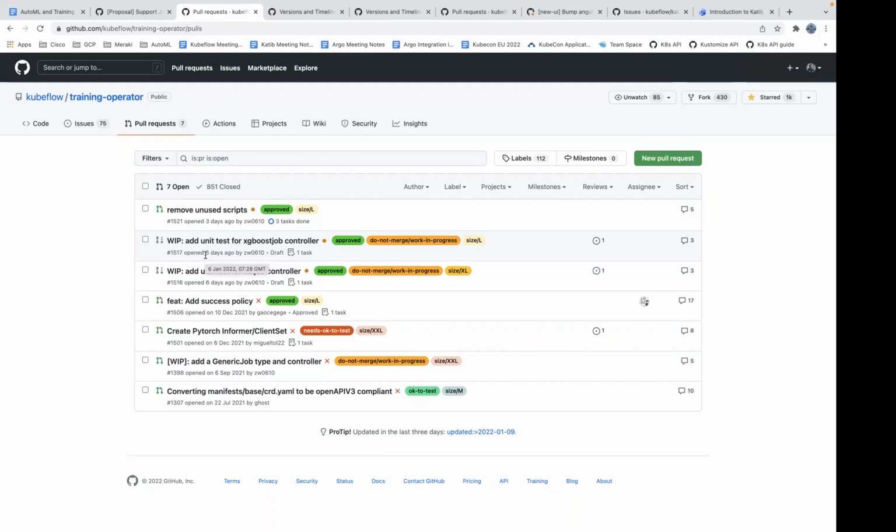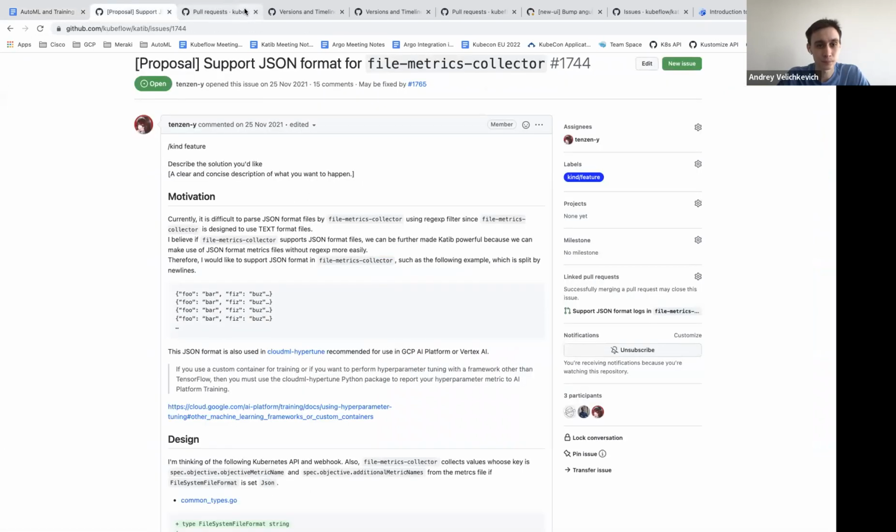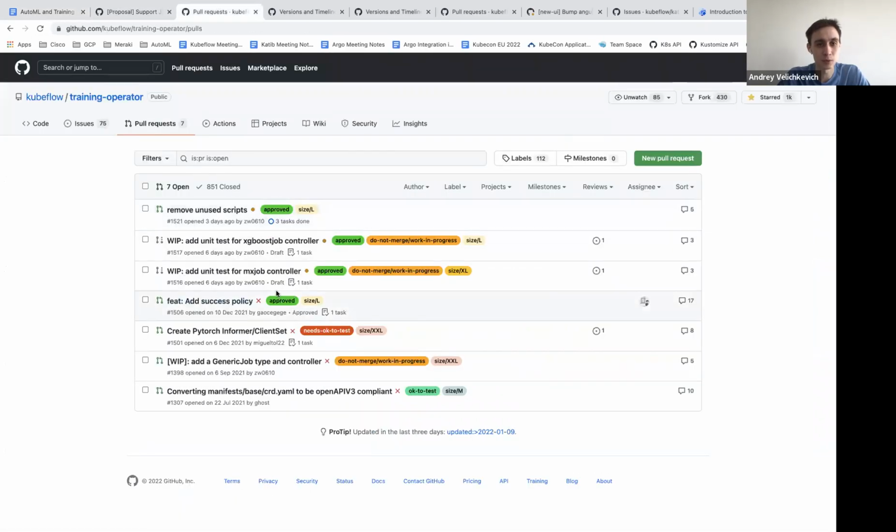Regarding the MPI V2, I don't think we are planning this release, right? It is just V1, which just got merged, and V2, I don't think will be part of this. Okay. Yeah, and some unit testing there.